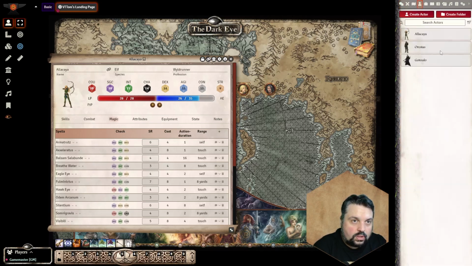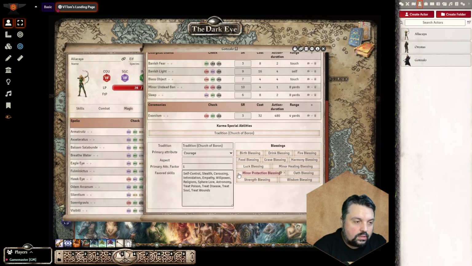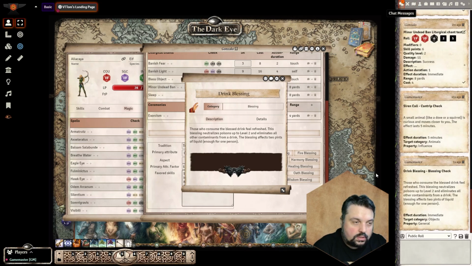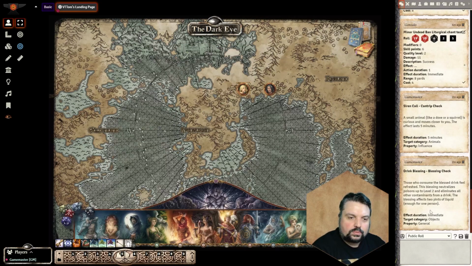Same goes for the blessings of the blessed ones. There, if you want to do a drink blessing, you click on this little dice and it will show here in the chat window, and the 1 point is reduced automatically. And let's move on. Next I want to show you the chat commands for